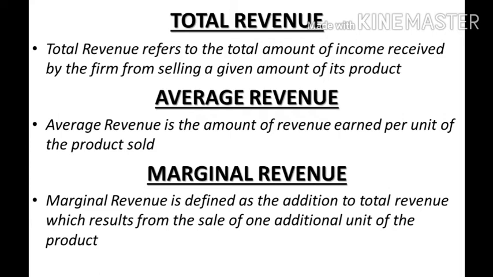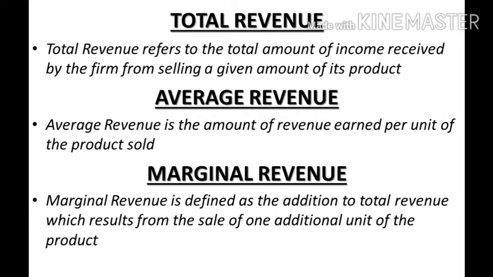So the price will be rupees 19, and this means TR is equal to 19 into 16 is equal to 304. Then the additional revenue which results from the increase in sale by 1 unit is rupees 4, that is 304 minus 300 is equal to 4. Since marginal revenue is the change in total revenue as a result of change in sale, we can also write it down as MR is equal to delta TR upon delta Q.